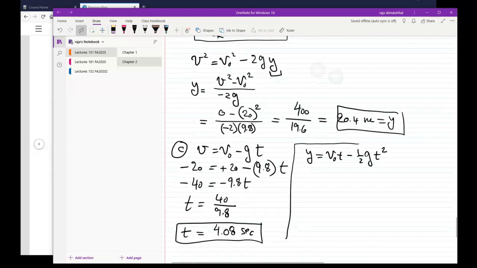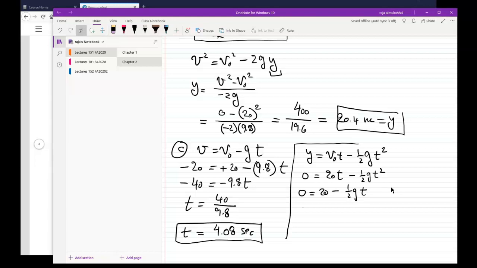So here, remember this y, I'm measuring it from the level of the thrower. So that's going to be 0, and that's going to be 20 times t minus 1/2 gt squared. As you can see, this is a parabolic equation, but I can reduce it. Look at the t here and the t squared here. I can take out this t as a common factor and then divide it by 0, so I can eliminate it. So if I do the algebra, that's going to be 0 equals 20 minus 1/2 gt,